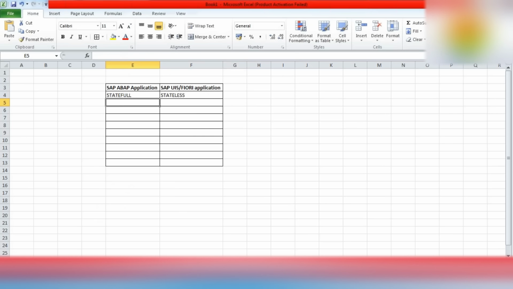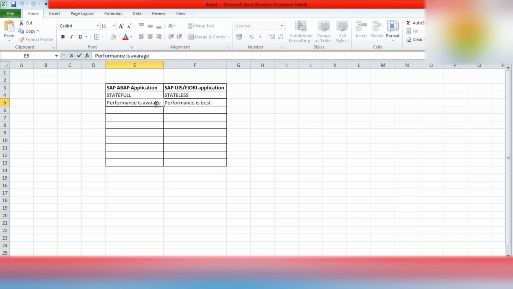Performance-wise, ABAP is average, while performance is best with UI5 or Fiori, because all the screen-related things are performed at the browser level, which reduces the load on the application server.